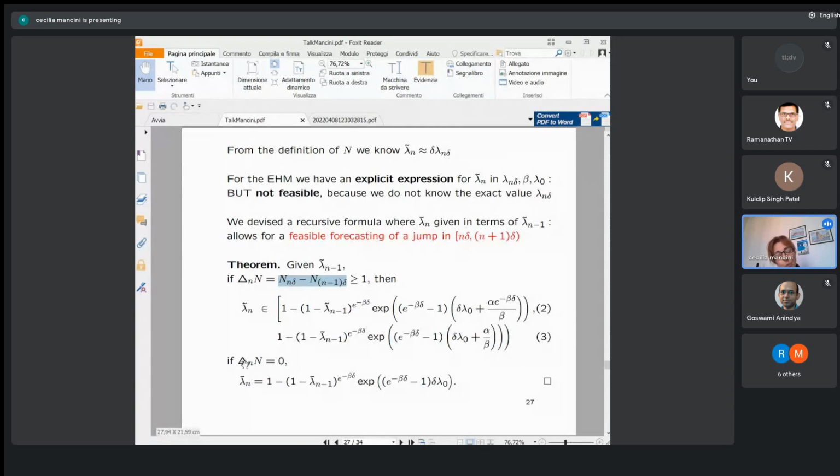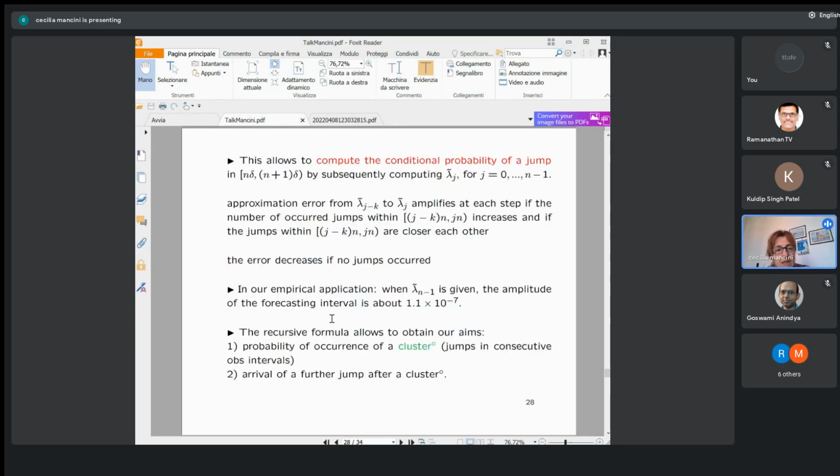If delta n was 0, then we have an exact quantification of lambda tilde n, the conditional probability of a jump in the next interval. So this result links lambda tilde n to lambda tilde n minus 1. So we can apply it recursively and obtain